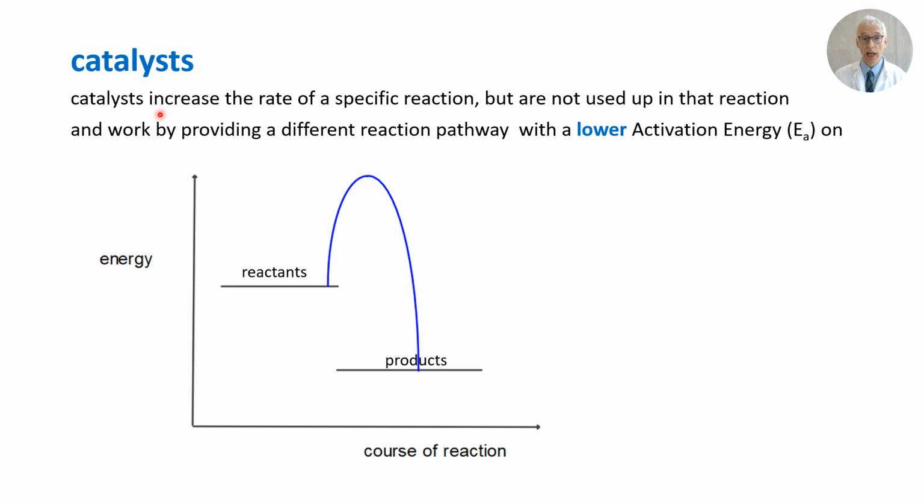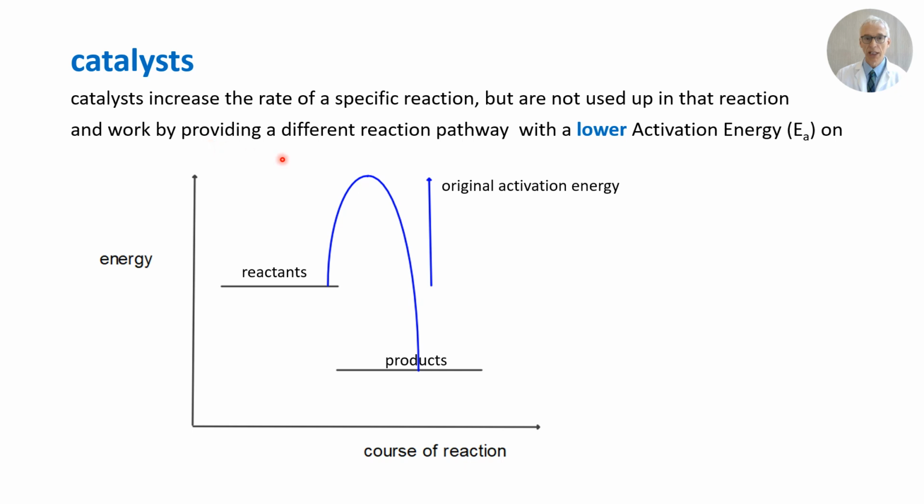Catalysts are added to a reaction in small quantities and they increase the rate of a reaction but are not used up in that reaction. So if we look at an energy profile here, a reaction profile, we've got our reactants and products. Here's our reaction profile curve. Here's the activation energy for the reaction, the difference between the energy state of the reactants and the top of that profile curve. Well, the theory, collision theory, says that